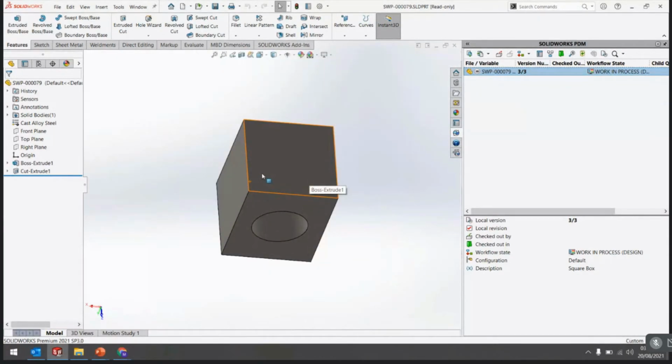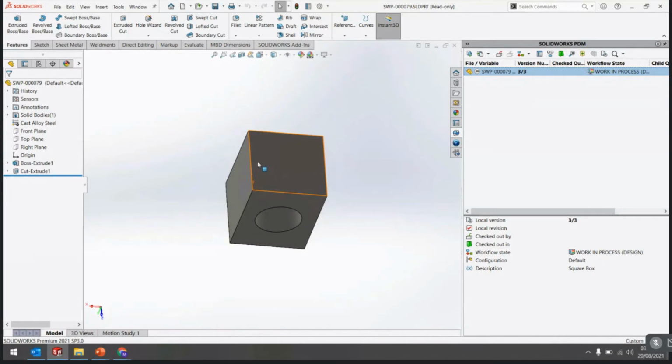So the version concept is that for every check-in or every change, PDM creates a new version, for history or for future reference. In normal cases, if you want to save the box as well as the box with hole, you need to save as this file with a different name, or as version 1 or version 2 manually. But here the file is one, and in the background PDM maintains its references.